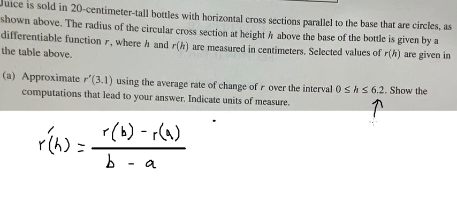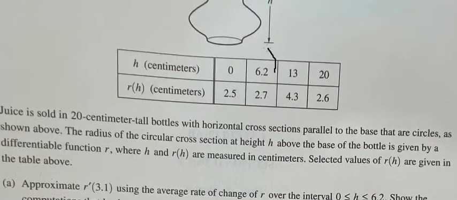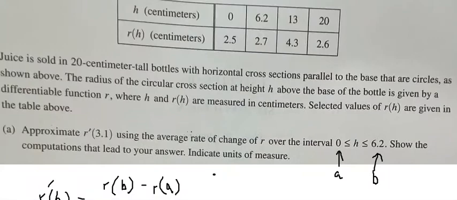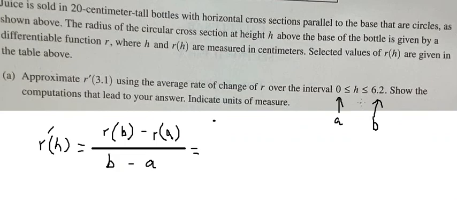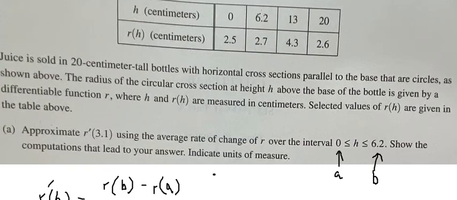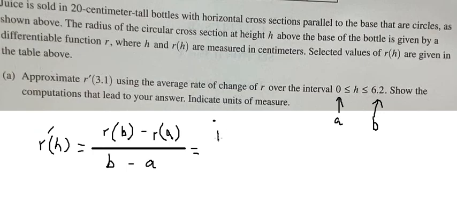This is b, this is a. So b is 6.2, and r of b is 2.7. So we put r of 6.2 here,